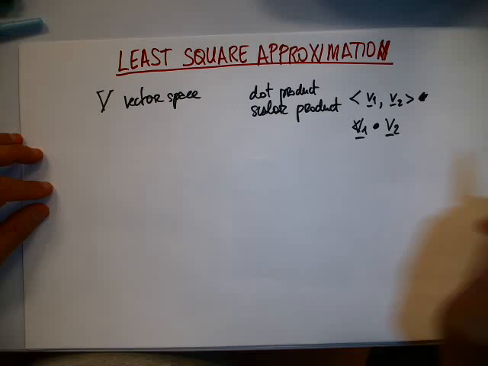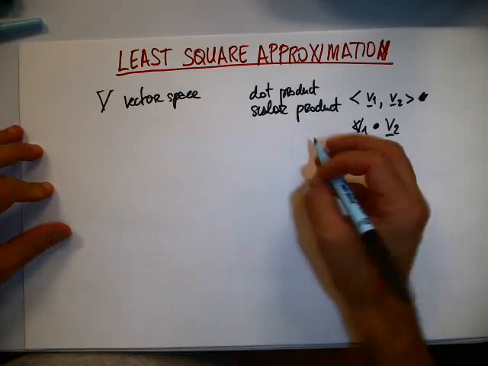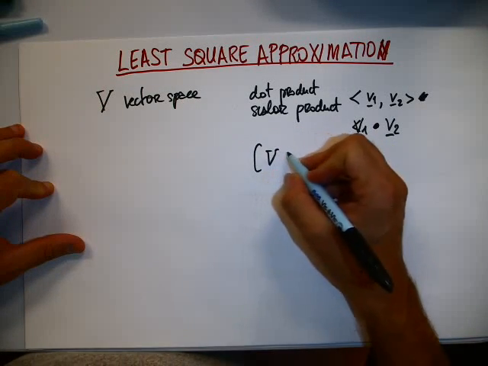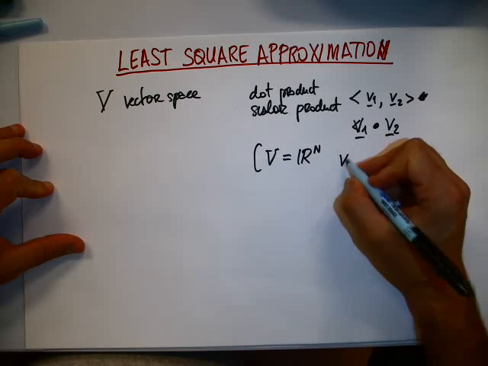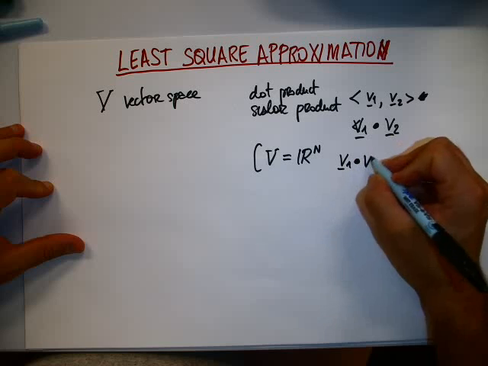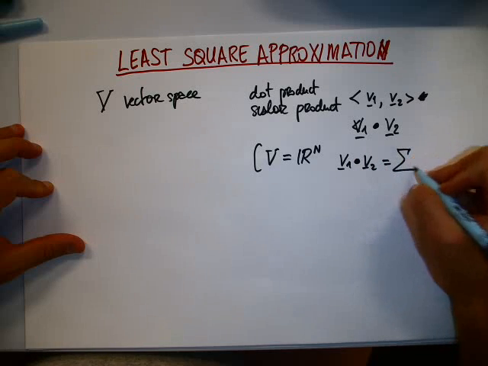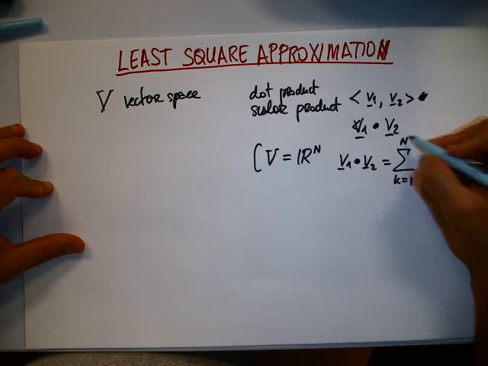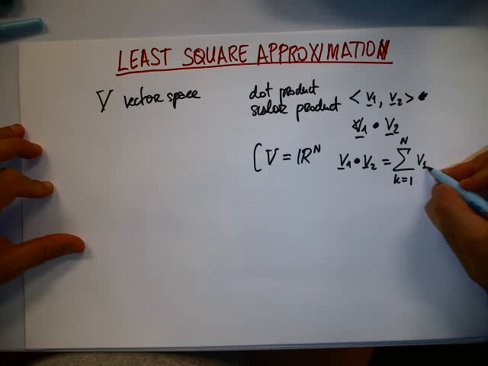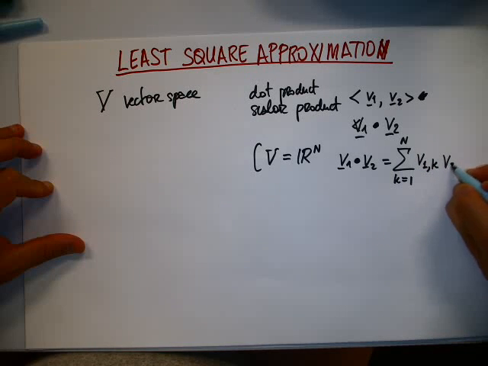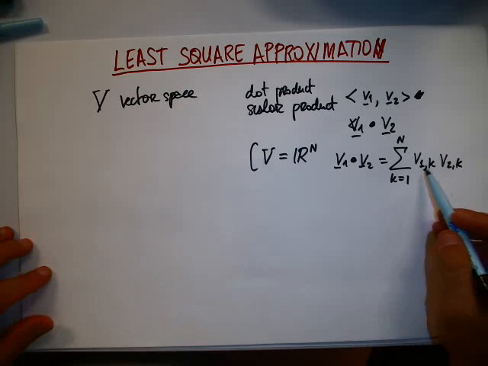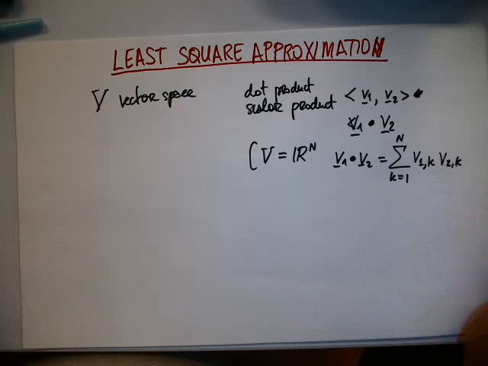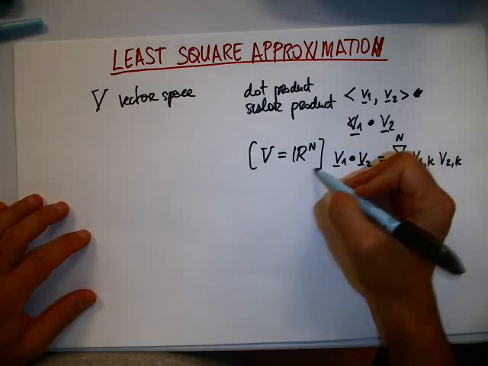And for example, if the vector space is Rn, we know that V1 dot V2 is defined as the sum of V1k V2k. It is the sum of the products of the components of the two vectors. Okay? Of course,